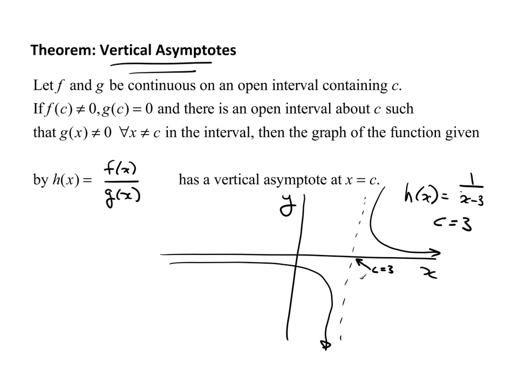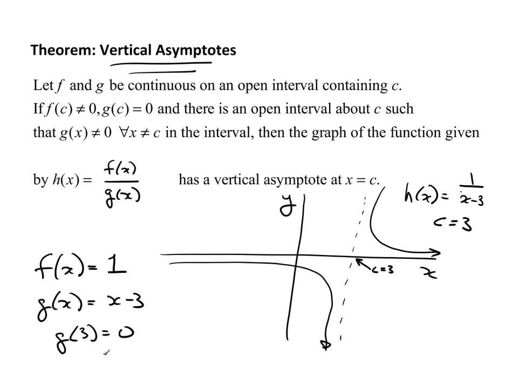Okay, so what's going on here? When c equals 3, g of x equals 0. Let's write these over here so you can line this up with the definition a little better. So g of c is g of 3. 3 minus 3 is 0. So at c, at 3, I have 1 over 0. And that's what this is saying up here. For f of c non-zero, f of 3 is 1, it's non-zero, but g of c, g of 3